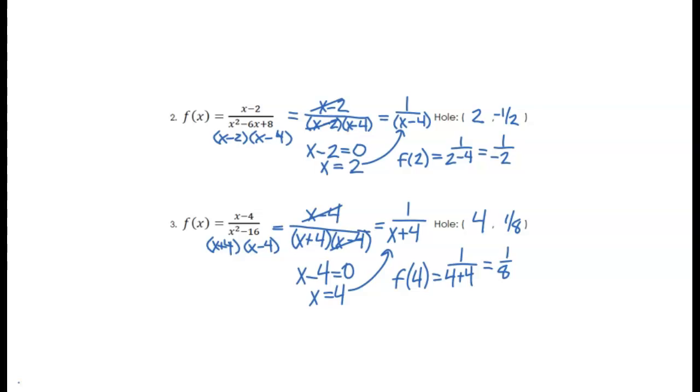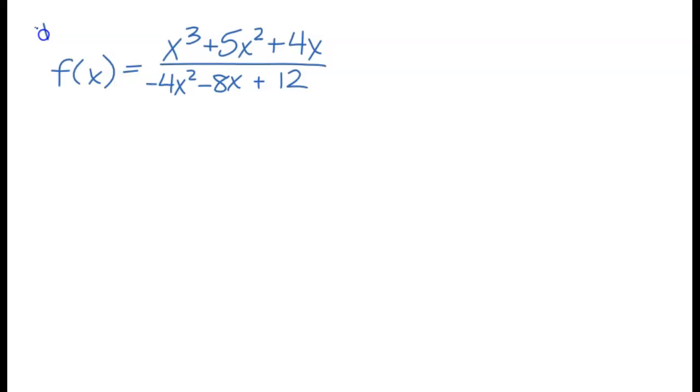So your notes are finished. These go on page, what did we say, 79? They go on page 79. But I want you to take out your homework because I want to look at the first problem. Questions have come up about how it looks kind of different. So take out your homework and look at the first problem. All right. This is problem 1 on your homework. It's been pointed out that the denominator from yesterday's work, you already did what to it? You already factored it. So whenever you factored this, you got -4 as the GCF, and then